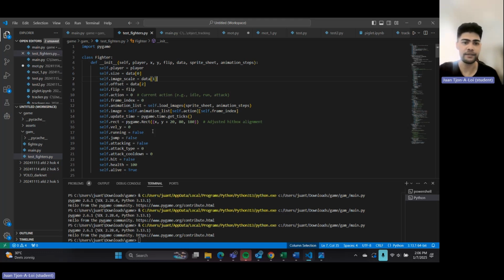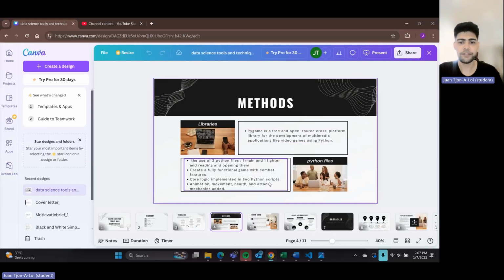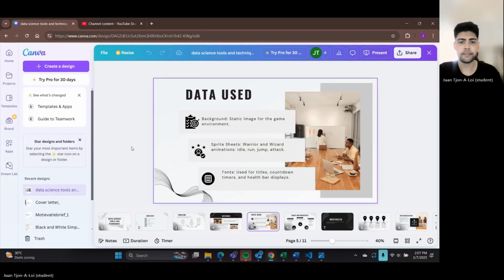Like I said, the idle stage, zero, and then running, jumping, attacking, attack type, and a cooldown that was added, which I will talk about in a later stage. Now, moving back to the presentation, the data usage: a background image from the internet was taken for the sprite